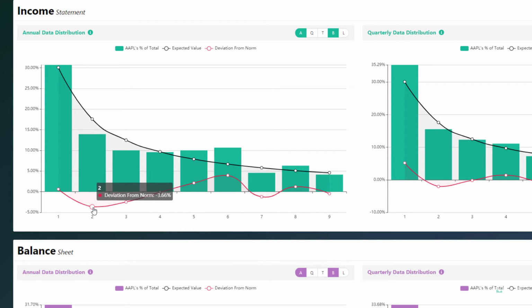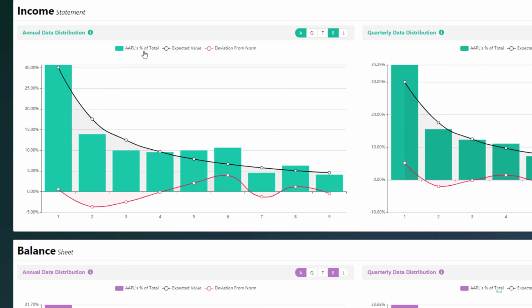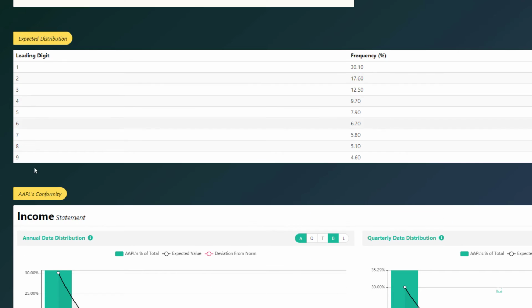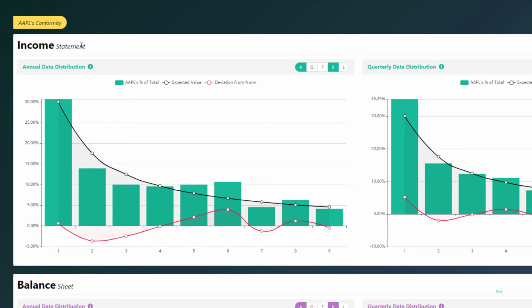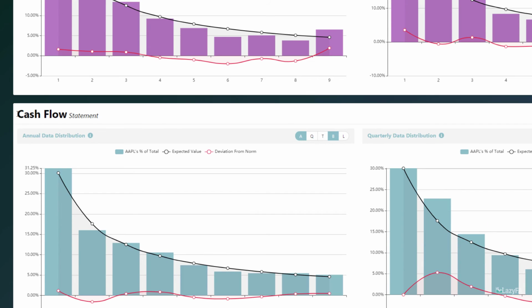Now, what you want to look for is if there is a large deviation, that can be a red flag that the company is manipulating the financial statements. And again, on all of these charts, if you click on any of the items, you can take them off the chart, put them back on, and so on and so forth. And that is pretty straightforward. So this is analyzing the annual income statements here at the top. This analyzes the balance sheet data and then the cash flow